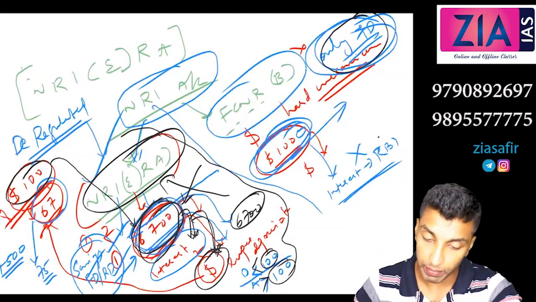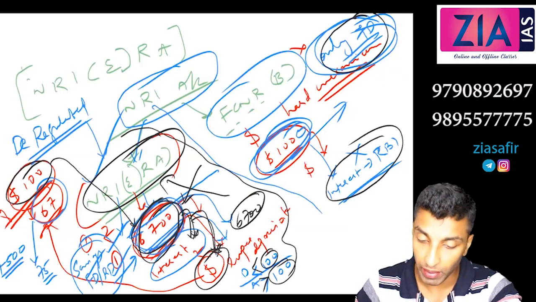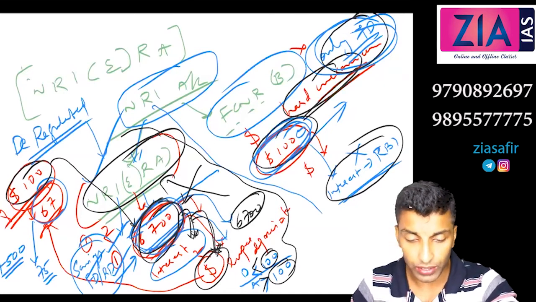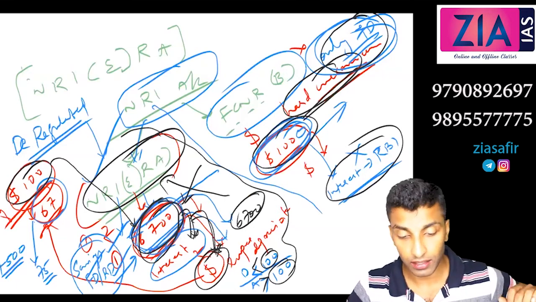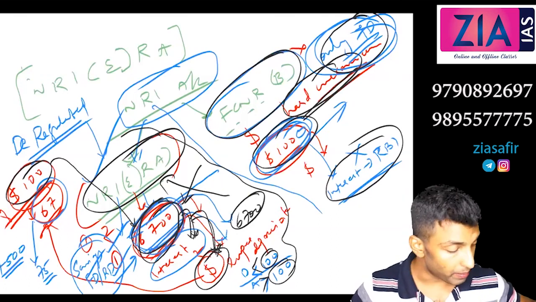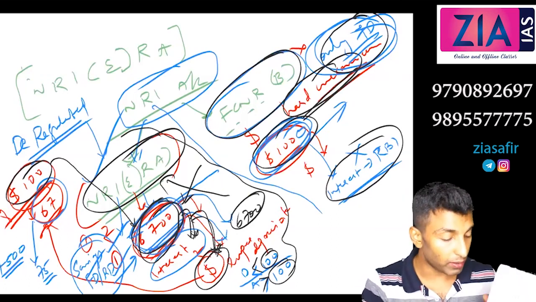Interest is not deregulated because it can be repatriated anytime, as hard currency, and that can create volatility in the forex market and all. So that is why some restrictions are visible here, FCNR account. So I just deviated here. We will come back to what we were discussing. We were talking about,